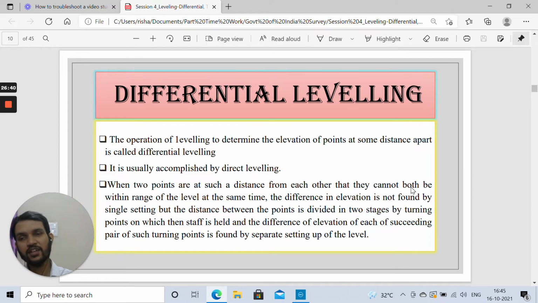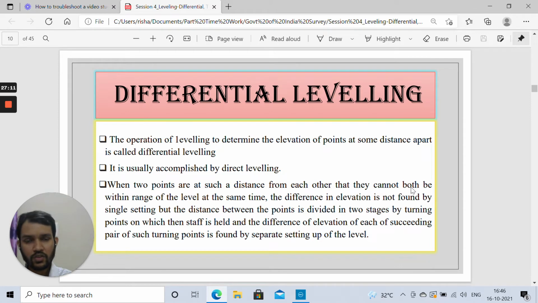Once it is visible, you take a backsight to that, because that elevation is also known to you now. You have already computed it. Take the backsight, add the backsight reading to the RL of the ground surface for that station B, and you will get the height of instrument for the second setup that you have installed. Now you can take the reading for any third station which you can see from that point. Once you take that, the height of instrument will be known to you. Just decrease that foresight reading and you will get the final ground surface level.